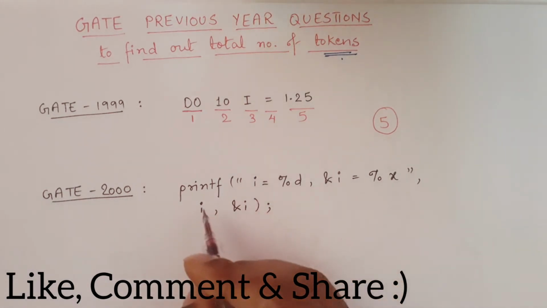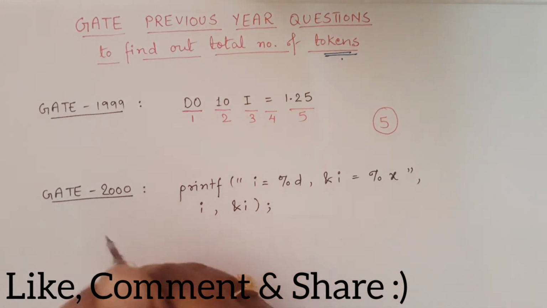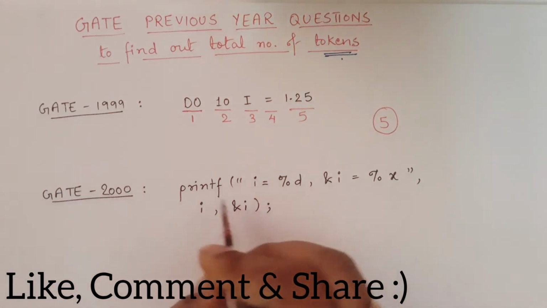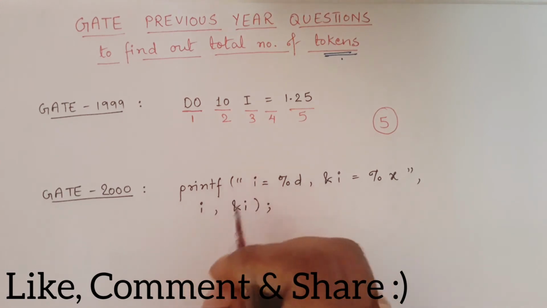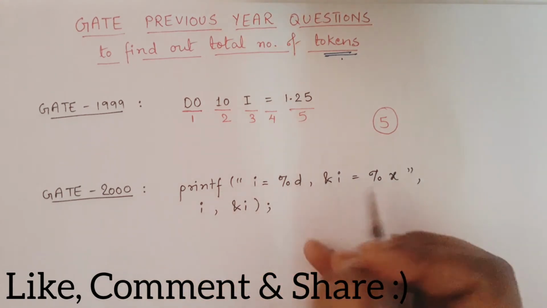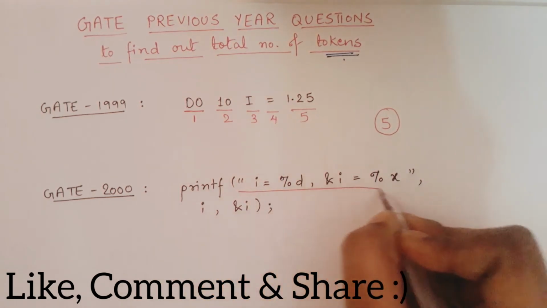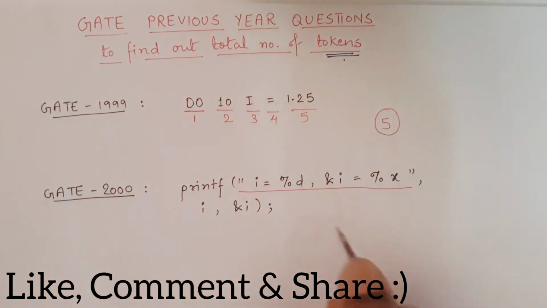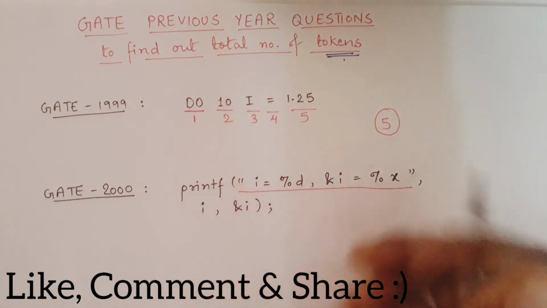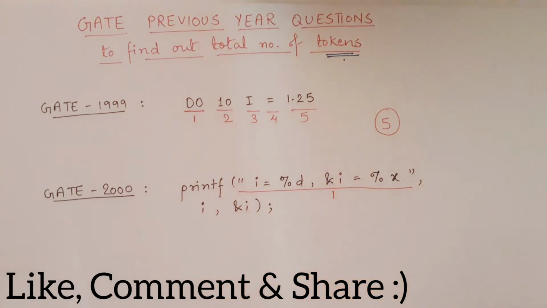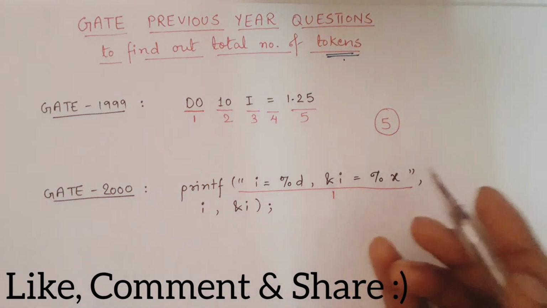But if we talk about printf, the main thing that many students make a mistake on, or many students don't know, is that whenever we are dealing with printf and we are counting the total number of tokens, we have to always take care that from inverted comma to inverted comma, like this, whatever is written in between should be considered as one single token. This is very important to understand and remember in case of printf.